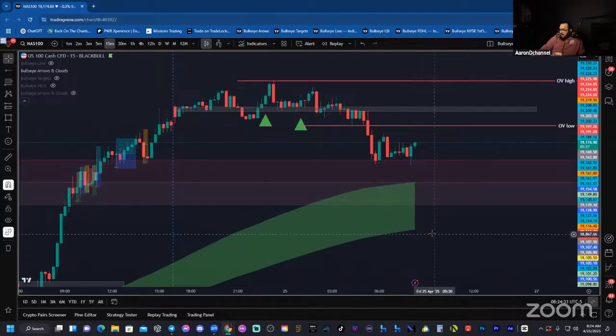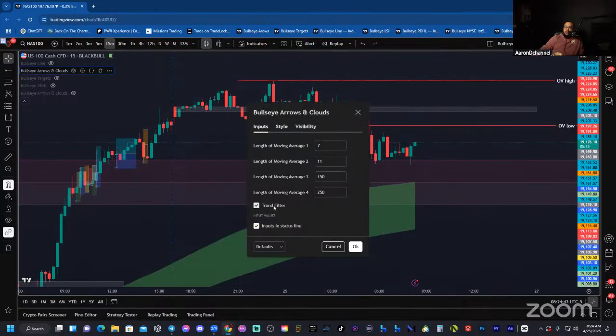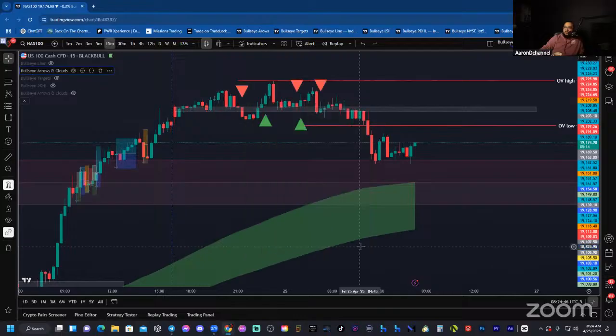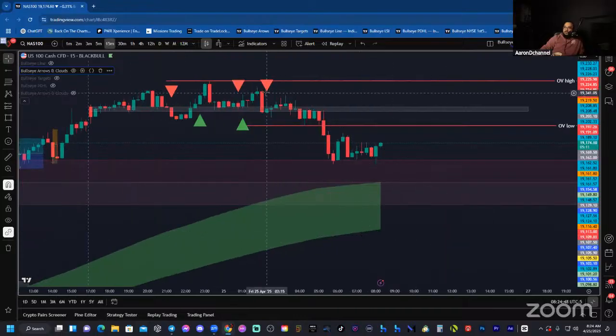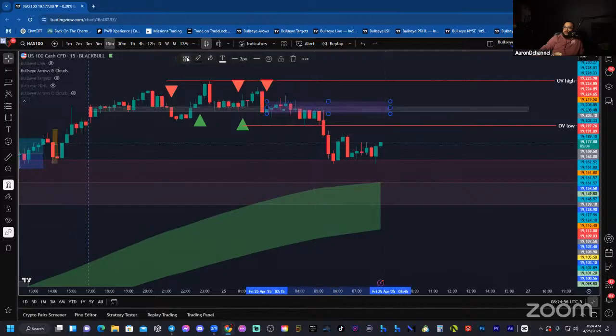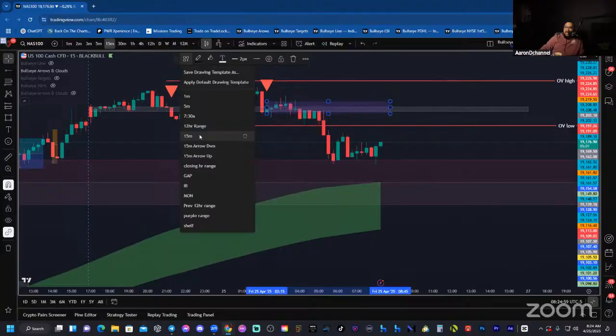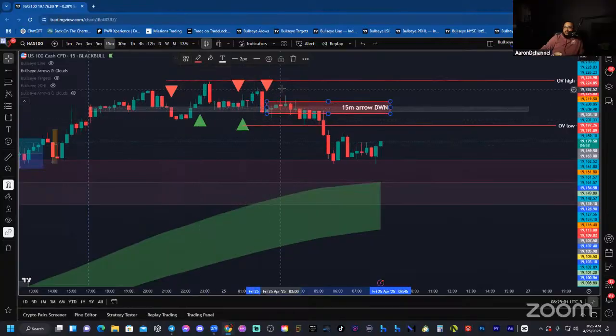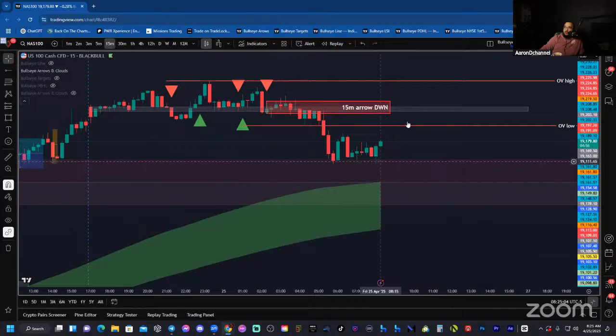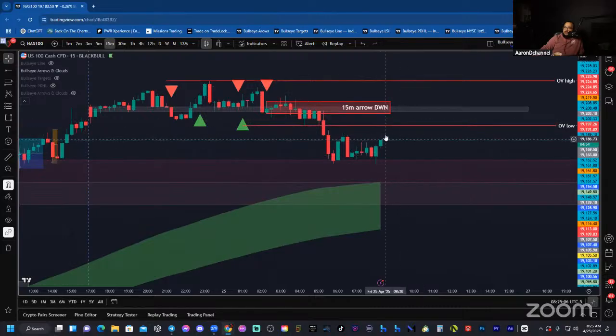Time 8:24. Okay. What else? We're bullish. That's interesting. Let me see where that red arrow is. So on this tool, you can apply the trend filter. There's a red arrow here that I may be interested in us retesting if we do go bullish, which is basically the 12-hour range. So I'm going to mark up the high and low, the wicks of that arrow. We'll see if we make our way up there again, or if we can touch this overnight low and bounce down, continue down. That's the idea.